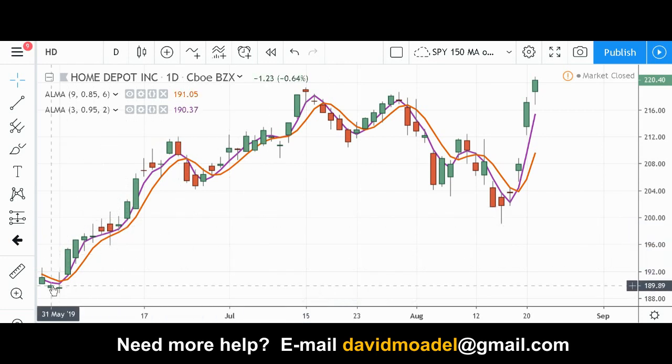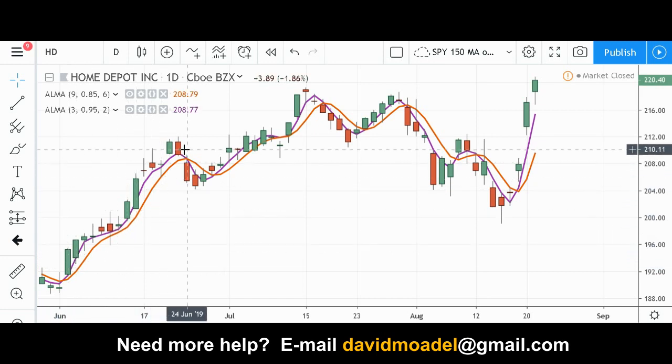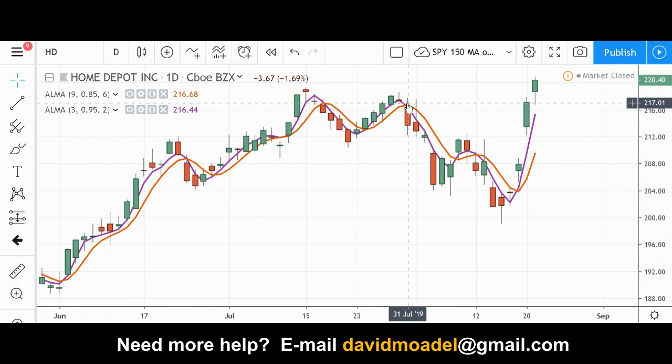And so you can use a moving average crossover, or in this case an Arnaud Legoux moving average crossover. Okay, so when the faster moving average crosses above the slower one, you can take a long position if you want to and ride it all the way up, and then don't sell or go short until the faster moving average crosses below the slower one, and then don't buy again until it crosses back above it and ride it all the way up, and then sell here. You get the idea, okay? And again, you're allowing your winners to run and cutting your losers short, so you don't have too much loss. You'll have some loss, but not too much, hopefully, when the trend turns downward.